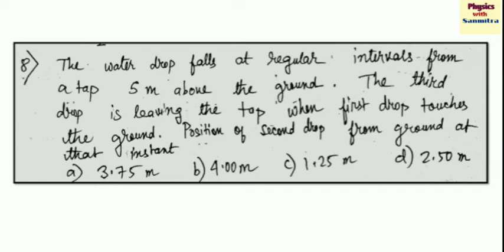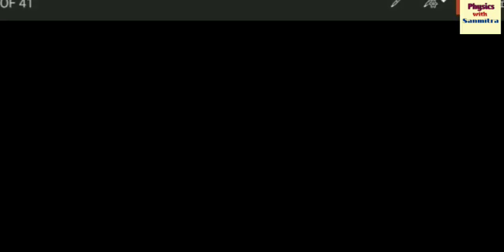Next question is that water drops fall at regular intervals from a tap 5 meters above the ground. The third drop is leaving the tap when the first drop reaches the ground. Position of the second drop from ground at that instant. See, this question, what I can do here is that there is a tap and the tap is at 5 meters above the